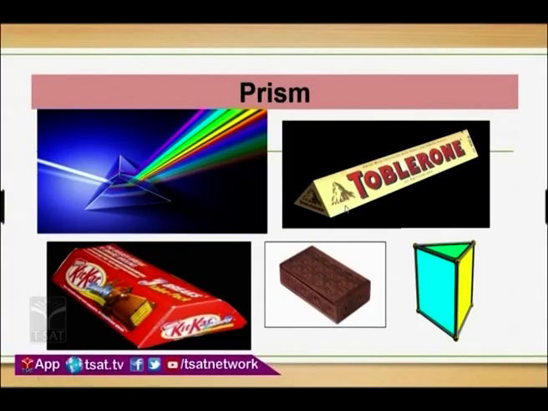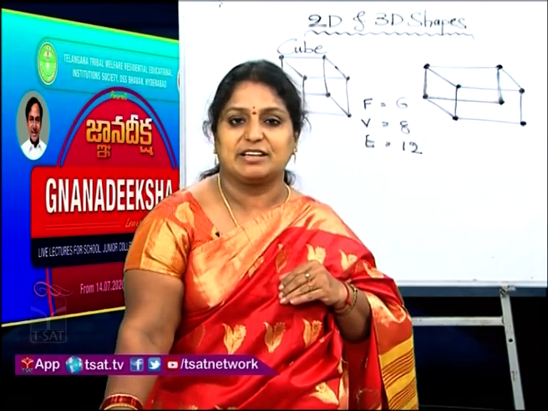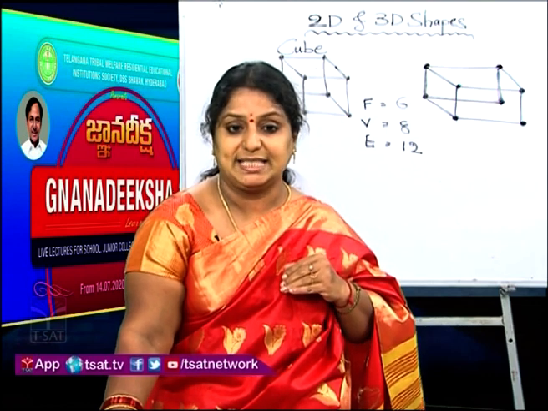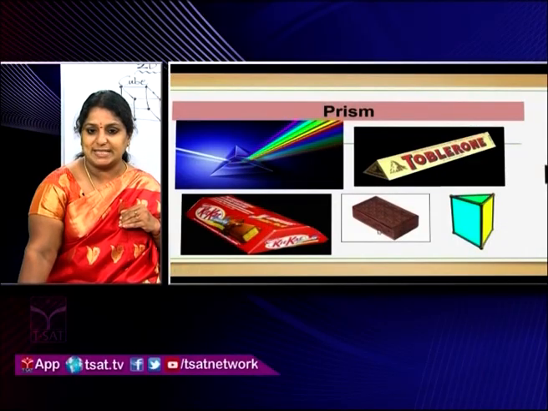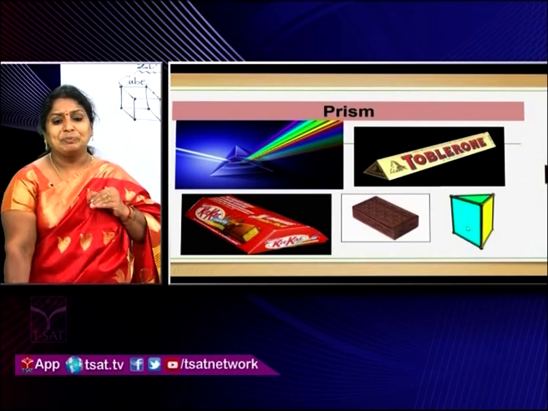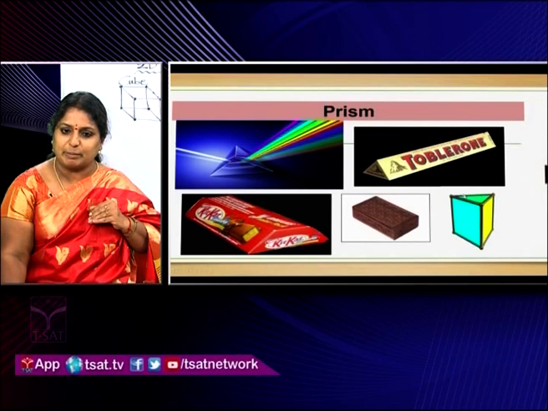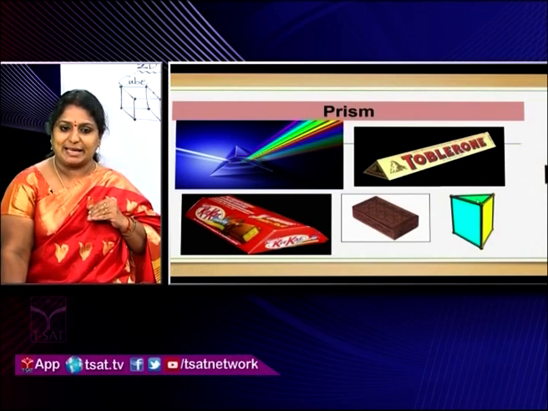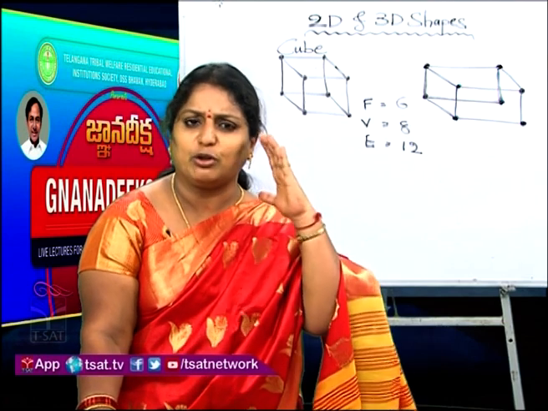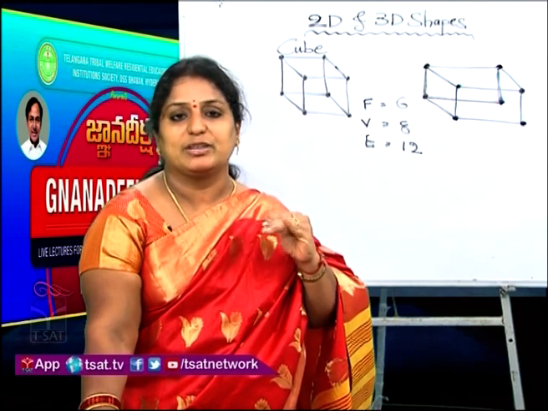Now, before seeing the prism, all of you concentrate on the diagrams I took here. Here, the first image is for the reflection of light. Second is a chocolate. Third one is also a chocolate. Fourth one, I took a wooden box. Fifth picture, I took a pen stand. Now I will start from the 5th picture, children. All of you concentrate on the green colored portion of the pen stand, what type of shape it contains. This is the shape of a triangle. Am I right? Now when the top is a triangle, what about the bottom? Can you visualize the picture? If you visualize the picture, the bottom of the pen stand is also in the shape of a triangle.